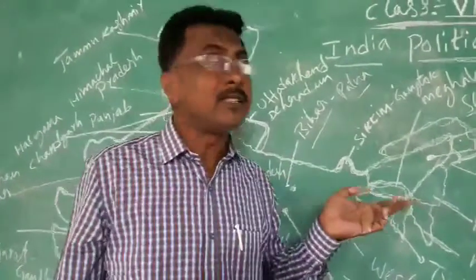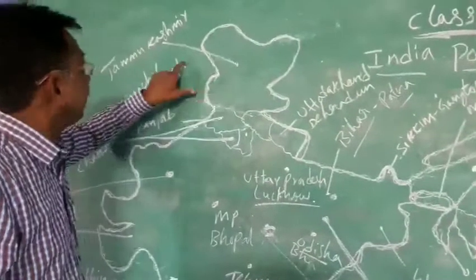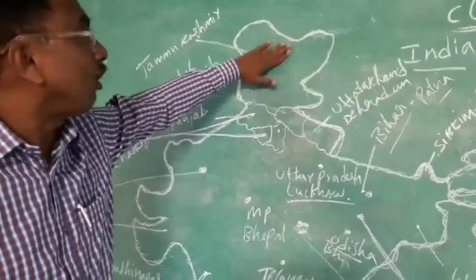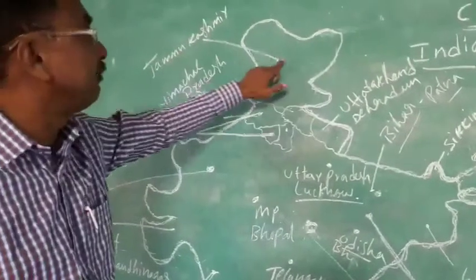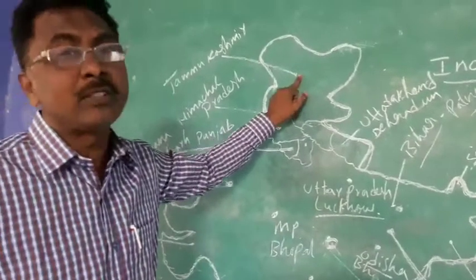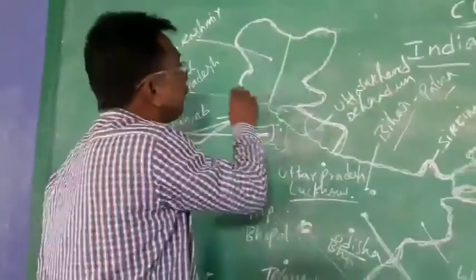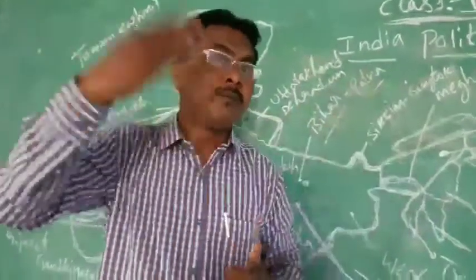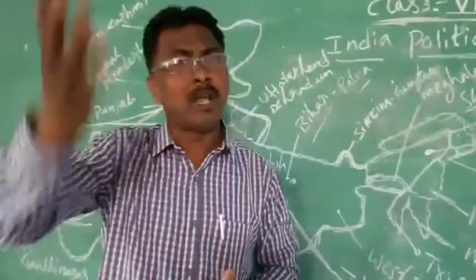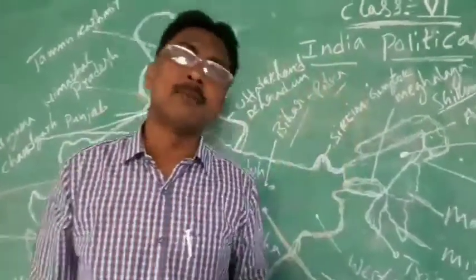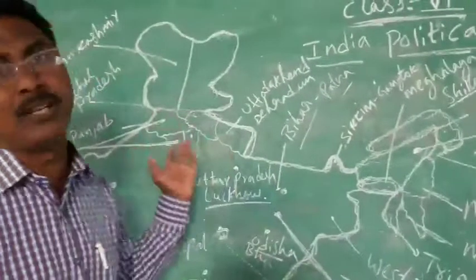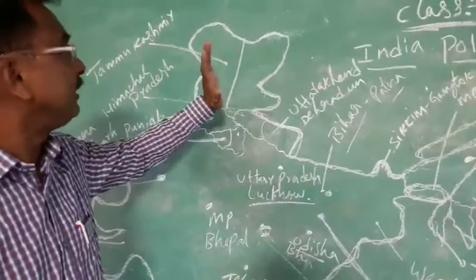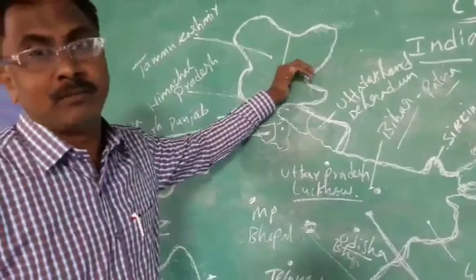Recently Jammu and Kashmir, you see here, Jammu and Kashmir was a state in the north, on the top, on the head. Srinagar was the capital before that, but it was divided into union territories. Union territories I will explain in the forward lessons, but now we are going to discuss the states. So Jammu and Kashmir was made into union territories: one is Ladakh and the other Jammu and Kashmir.